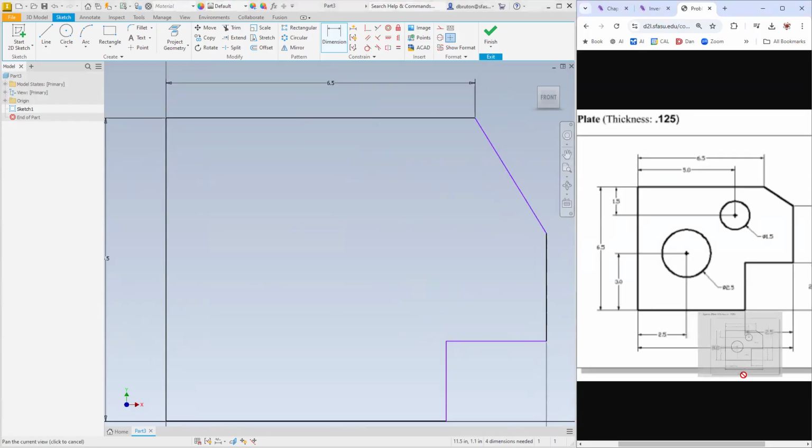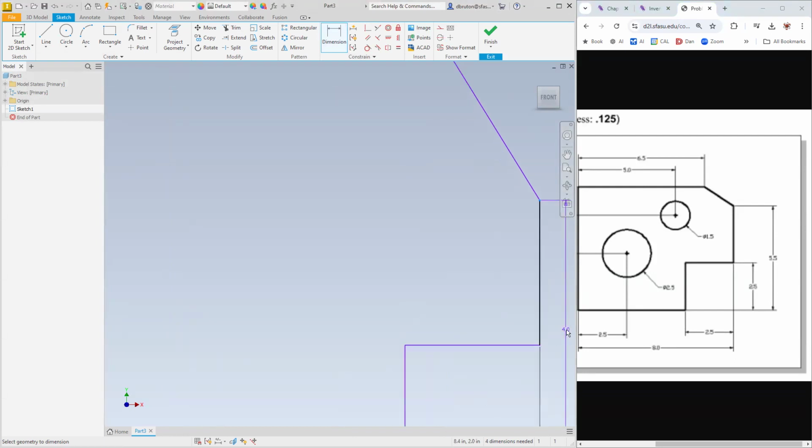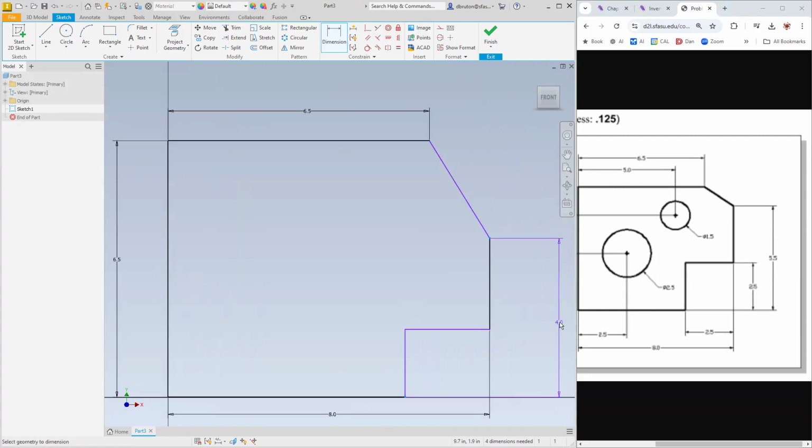Let's see what else we have over here to the right-hand side. 2.5 square and 5.5 to the corner. So that's probably going to define what the angle is. We probably won't even need to do the angle for this one. Let's find out. So click on that point, and then probably this point here. Come off to the side and drop that right about there, 5.5. That looks a lot better. And then, of course, from here to here,